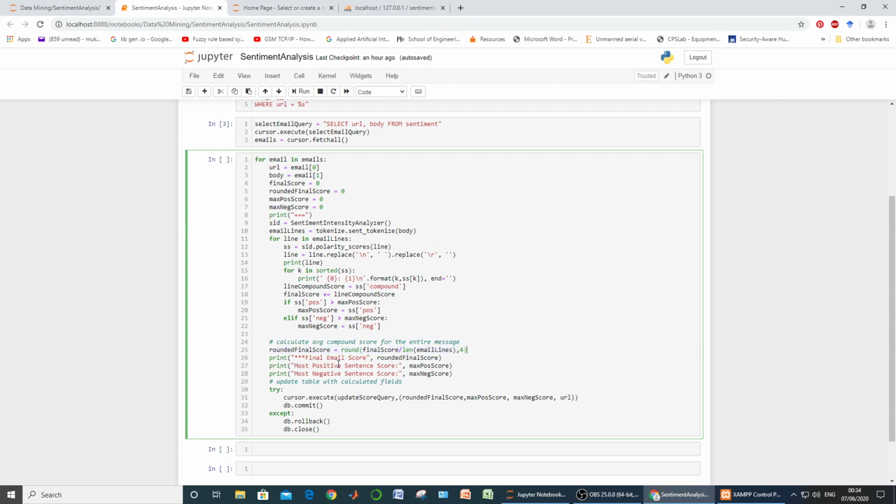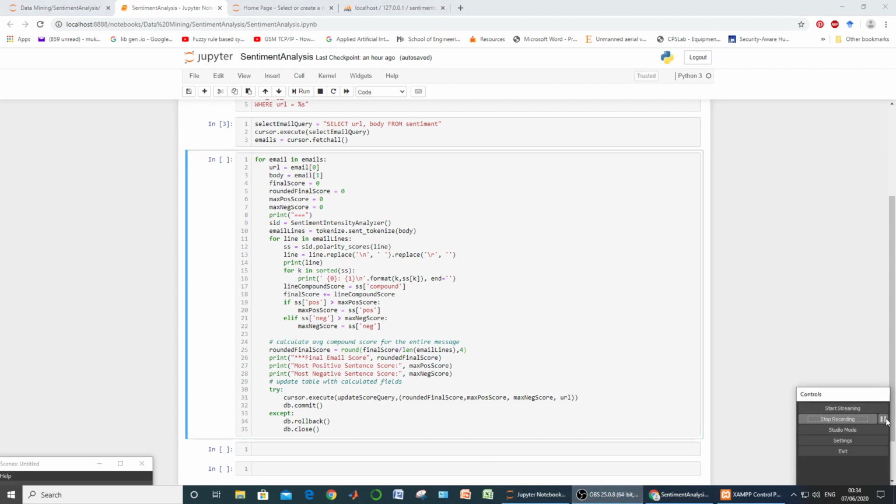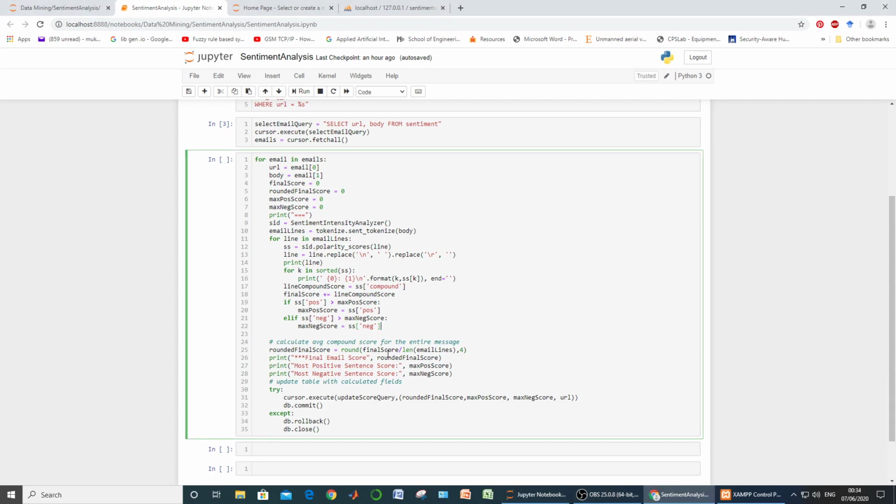Next, we need to print the final score which we have just obtained. The next line is printing the maximum positive score obtained by any line in that particular email. The third line is printing the maximum negative score obtained by any line within that particular email.